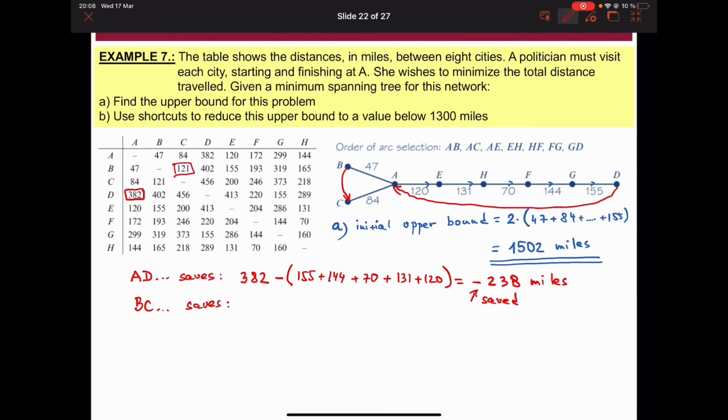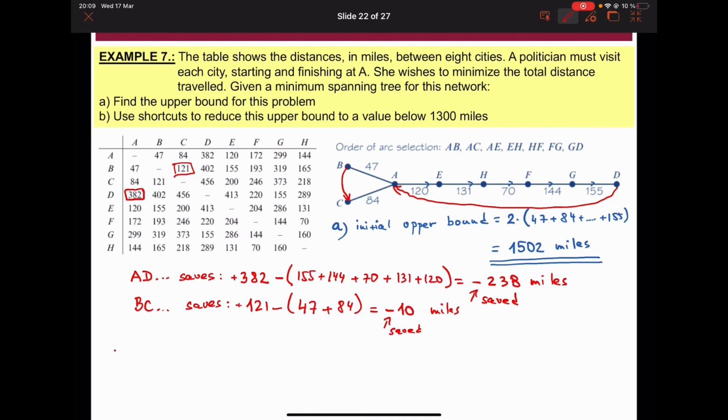So I need to add 121. That would be plus because I'm adding it. But how much would I save? I don't have to go 47 because I don't have to come back to A. And I don't have to go 84 because I don't have to go back to A from C. So this gives you 120, 100, so minus 10. So that means saved 10 miles. 10 miles saved. Okay, so the tour,